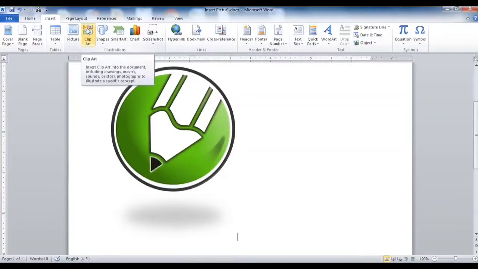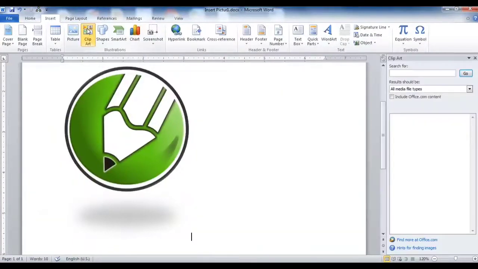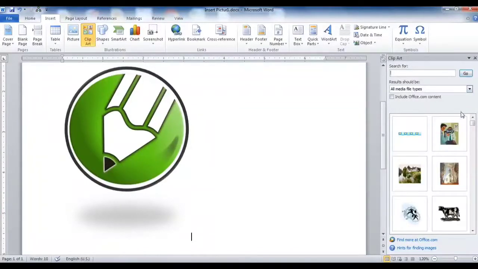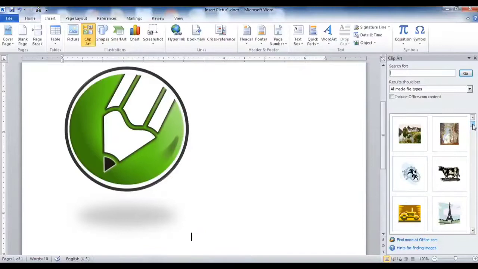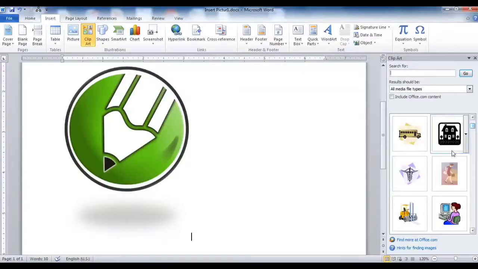Then if you want to insert clip art, click again on the Insert menu, then Clip Art. The clip art window will appear. In Search for, just write down the name of the clip art which you want. If you simply click Go, it will display all the clip arts, all media file types.